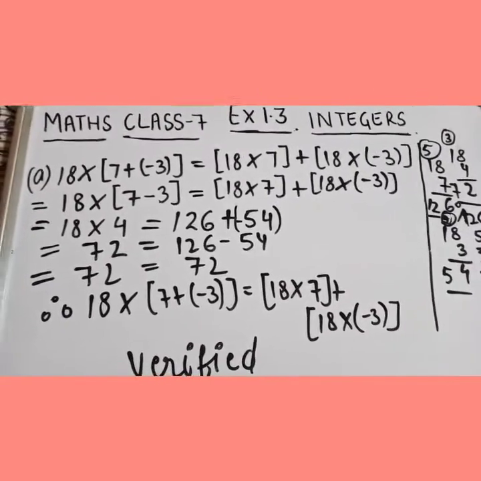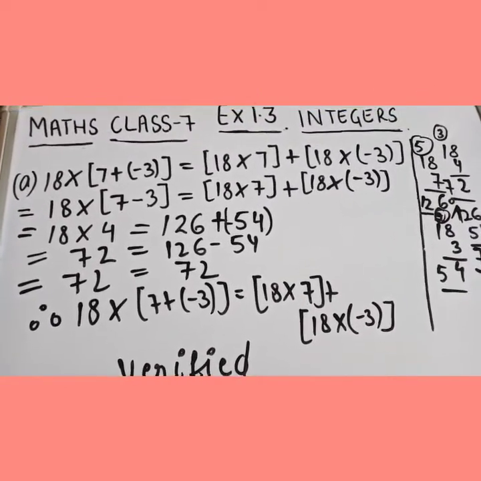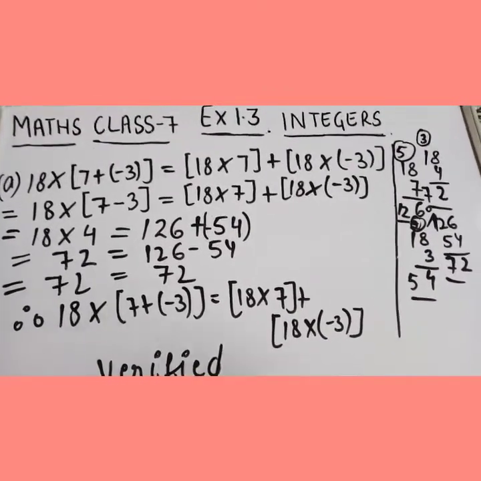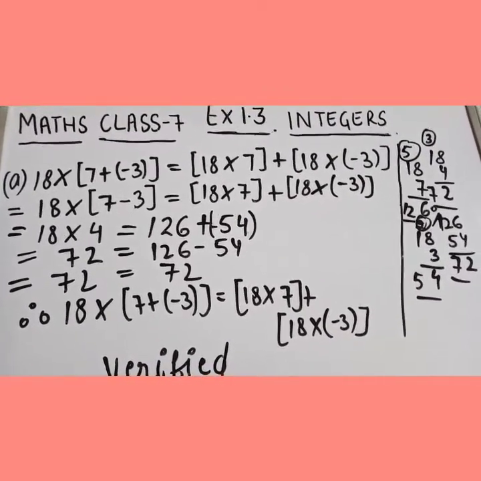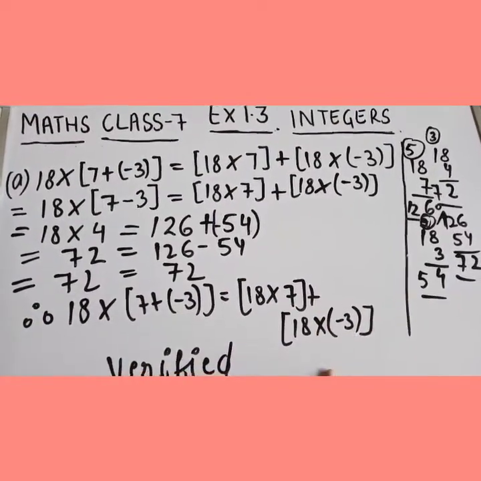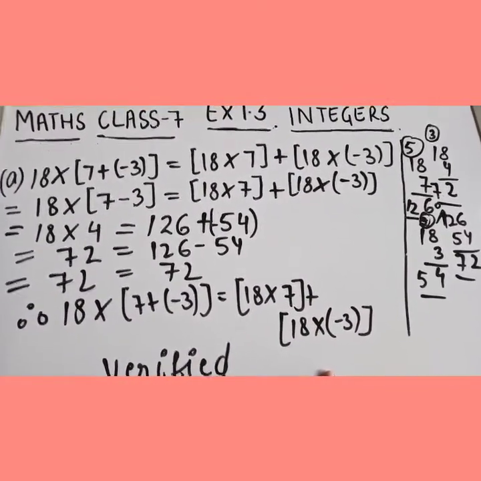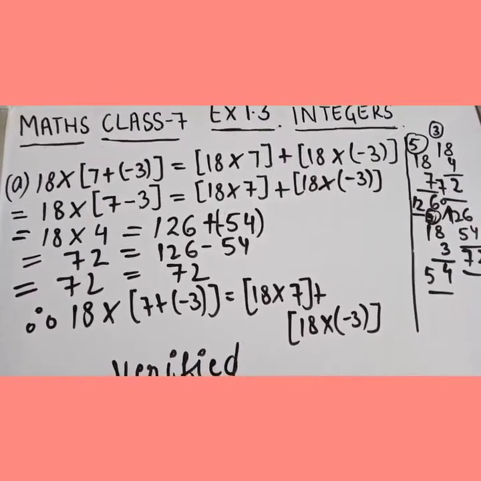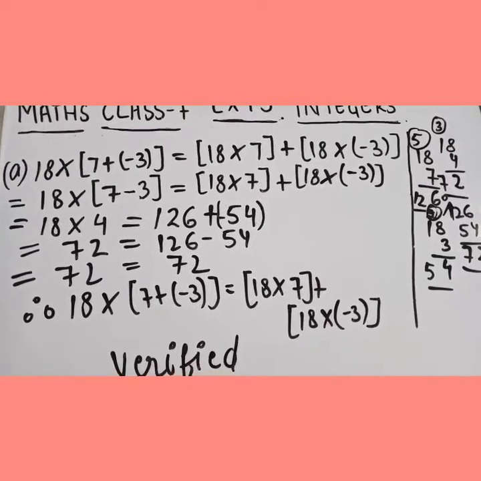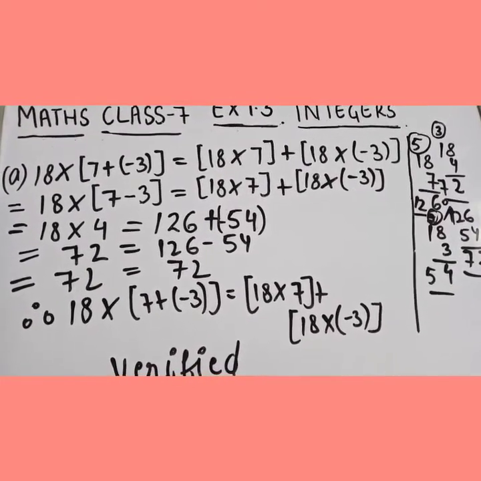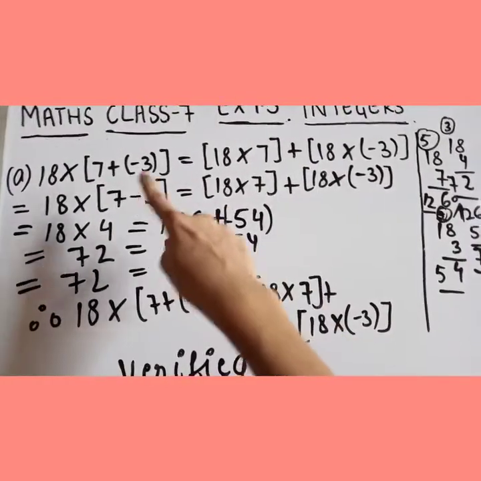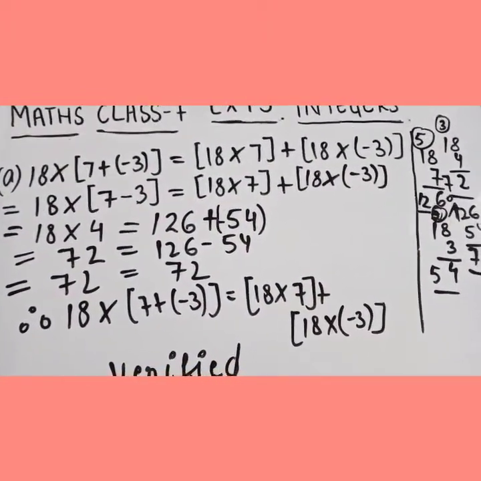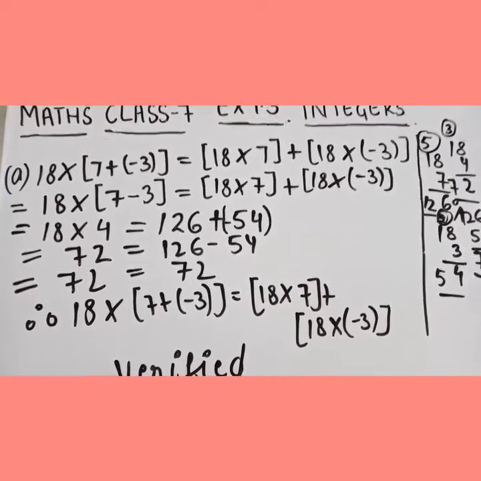Now part number B you will try on your own because you don't have to copy everything from YouTube. So I have explained part number A. अब आप लोगों को part number B खुद करना है. मैं आप लोगों को सिर्फ और सिर्फ थोड़ा बहुत और समझा देती हूँ. Like for example, in the B part also they have given you this type of statement. 2 statements they have given you and they have told you to verify them.